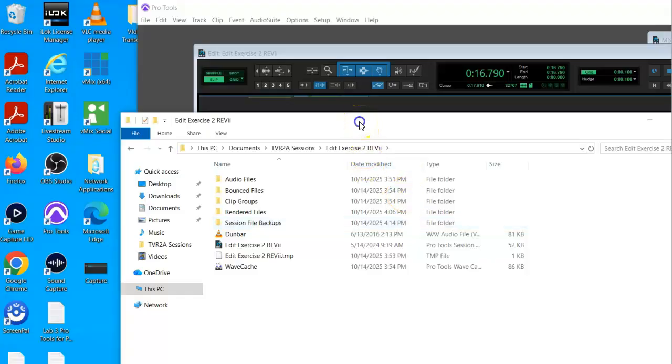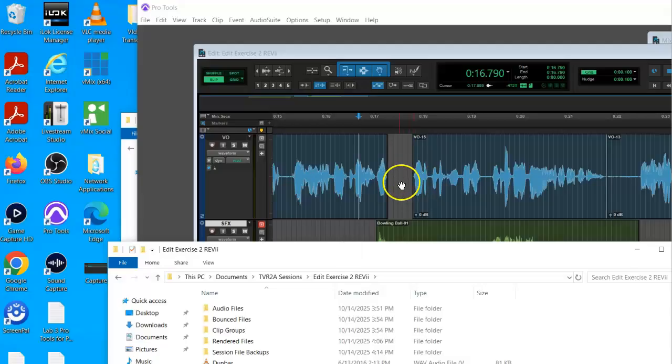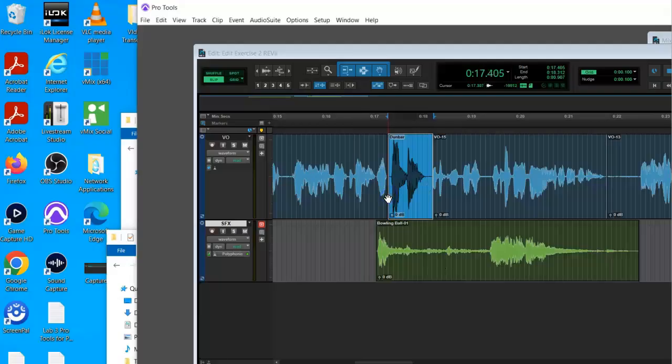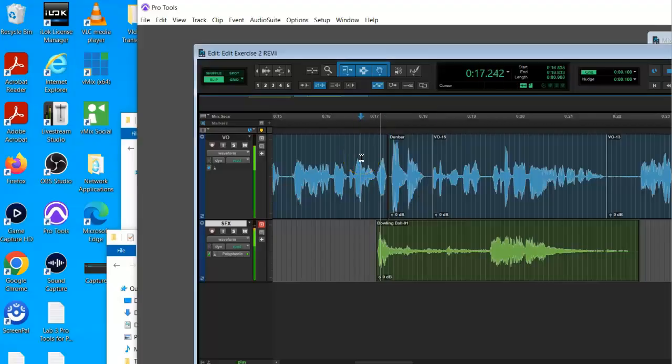What I'm going to do is drag and drop it just right here and see what it does. Just drag and drop. What's the worst that can happen anyway, right? I do see that it's going to cover it up a little bit. Well, we can fix that. I'm going to let it go. And look at that. It just put it right in that space. Professor Jeff Dunbar. Perfect 300. Oh, that is great. So that was the drag and drop method, by the way. We didn't go to the import through the file menu. We just dragged and dropped it right into the session.